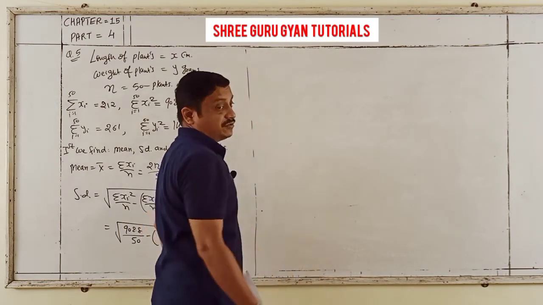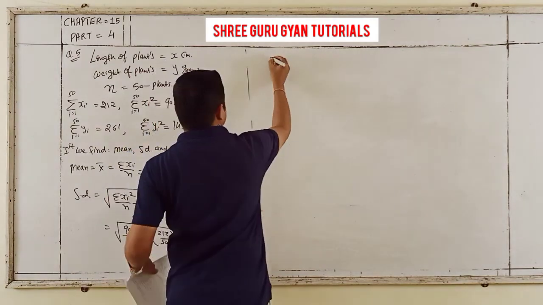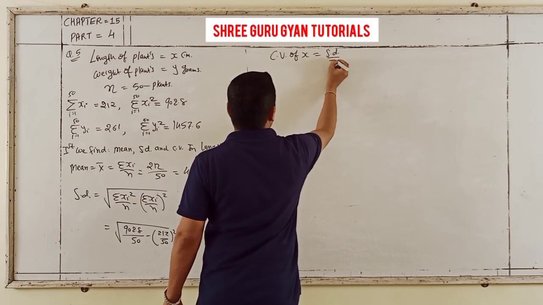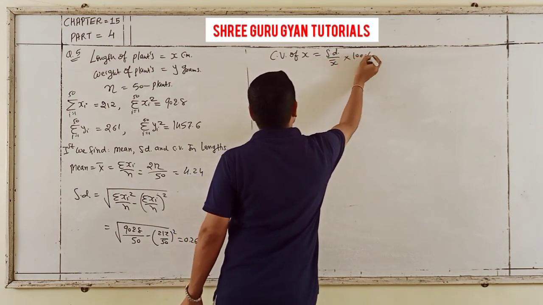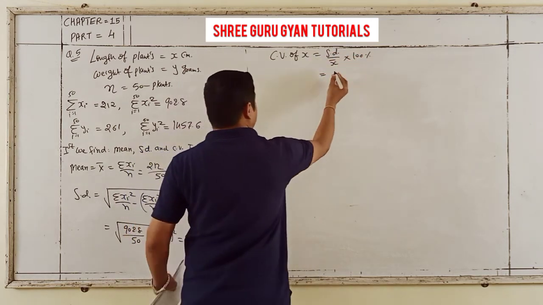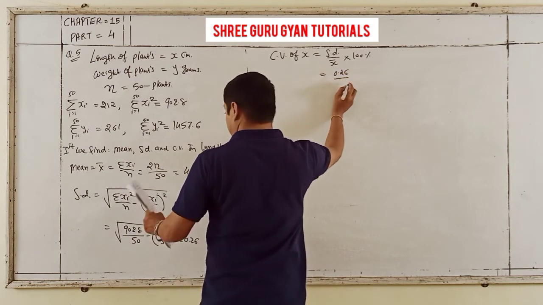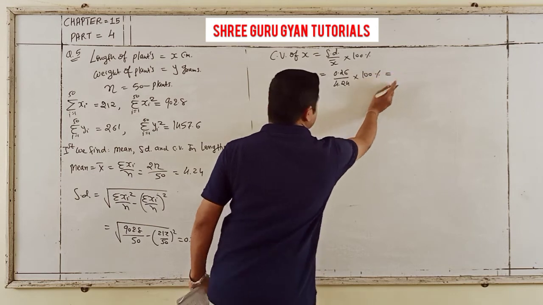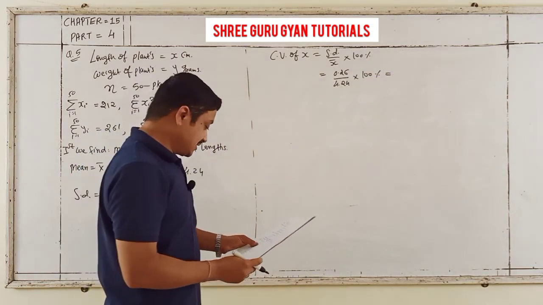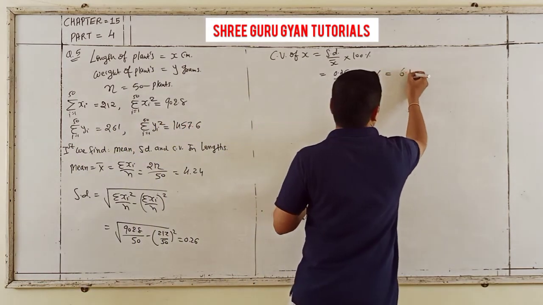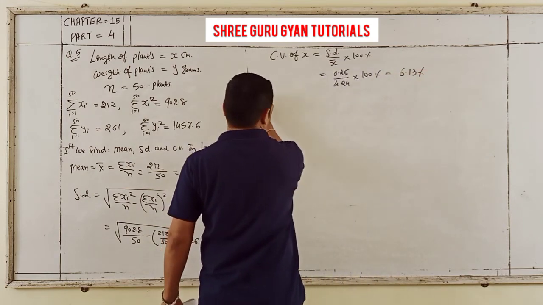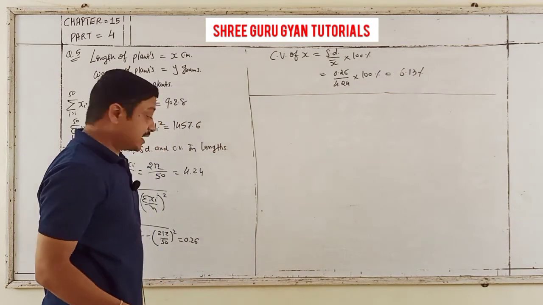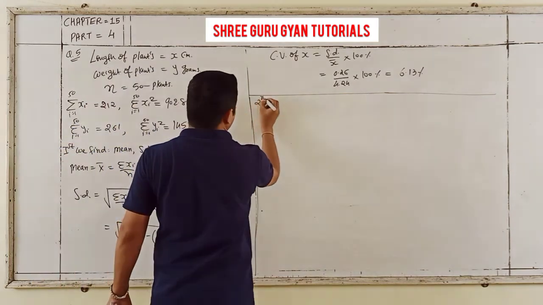Then after that, the CV for length: CV of x is SD by x bar into 100%. My SD is 0.26 and x bar is 4.24, with 100%, and my answer comes to a CV of 6.13%. That is the first data done. Now similarly, second, we find